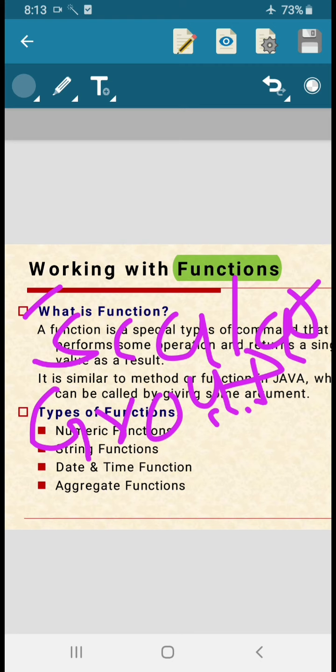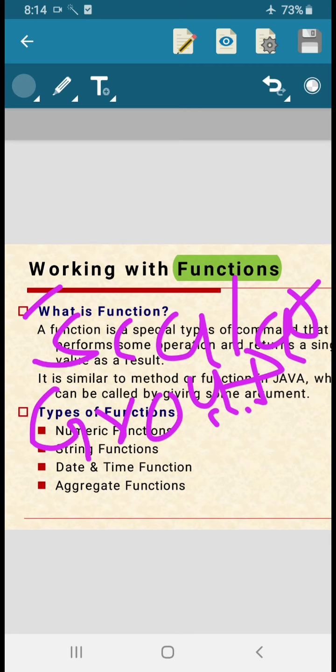Scalar functions act upon a single row and return a single value. Multiple row functions or group functions act upon a group of values, meaning a group of column values, and return a single value. Both return a single value, but the difference is that a single row function gives a direct answer for a single row without acting upon the column, whereas multi row or group functions act upon a set of values in a single column and return a single row value.